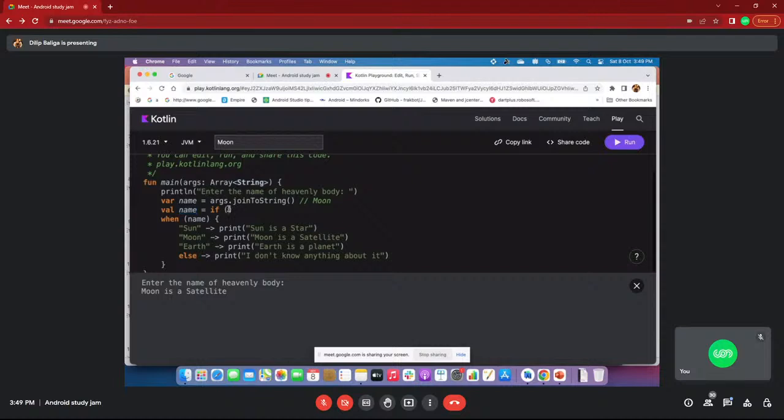For example, I'm creating a variable result. Name you already know, I read it from the argument I'm giving here. What I'm checking is whether it is equal to moon.